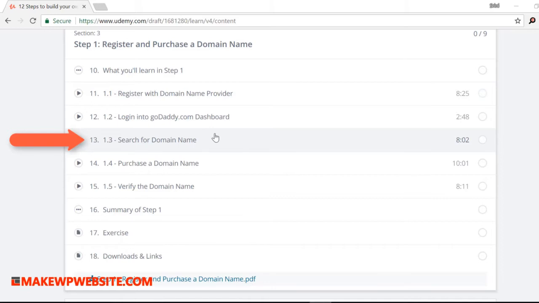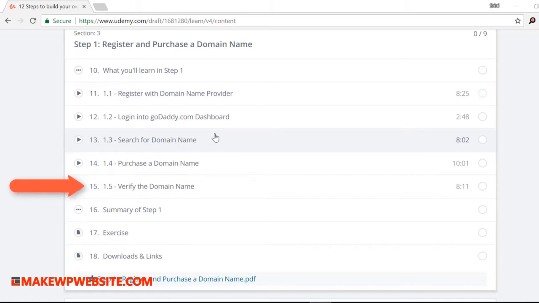We will do some of the examples there. We will also find some domains on the travel blog, and I'll give you a couple of examples for you to try out. Okay, section 1.4, we will actually purchase a domain. I'll show you how I purchased makewpwebsite.com using this step, and what is the payment option, what different settings they will show you, and you need to be careful of what are the different options they will give you. All this you're going to learn, and you're going to see how I actually purchase a domain.